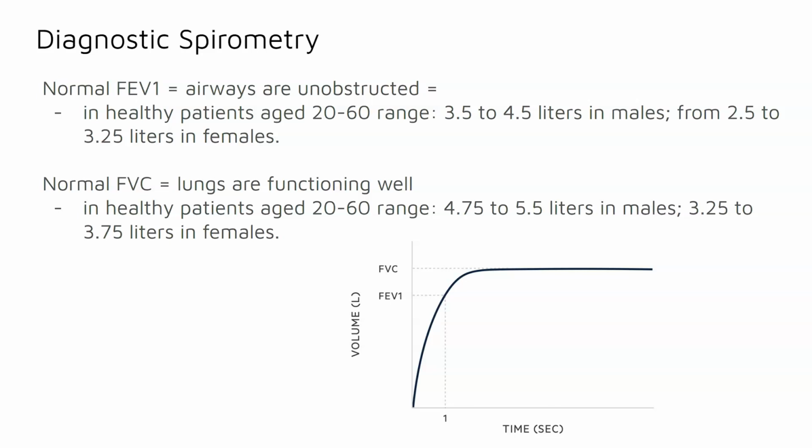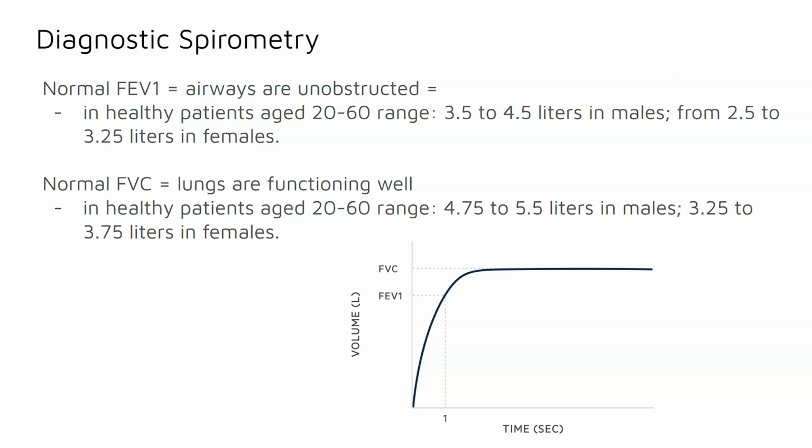The forced vital capacity, however, means something entirely different than the FEV1. A normal forced vital capacity would indicate that the lungs are functioning well, meaning that we can bring in air and push out air just fine. As long as I have a normal forced vital capacity, I know my lungs are doing their job as well as they possibly can. And in patients in the 20 to 60 age range, for males, we're going to have it around that